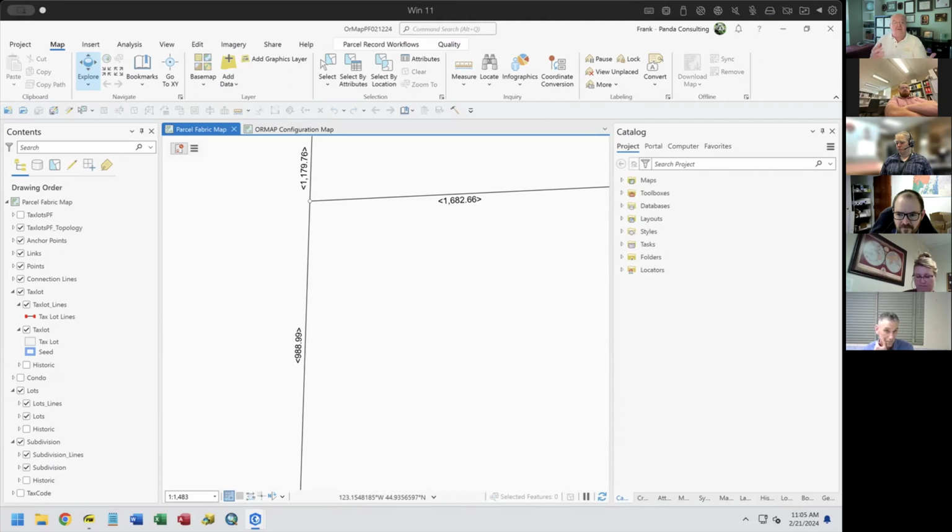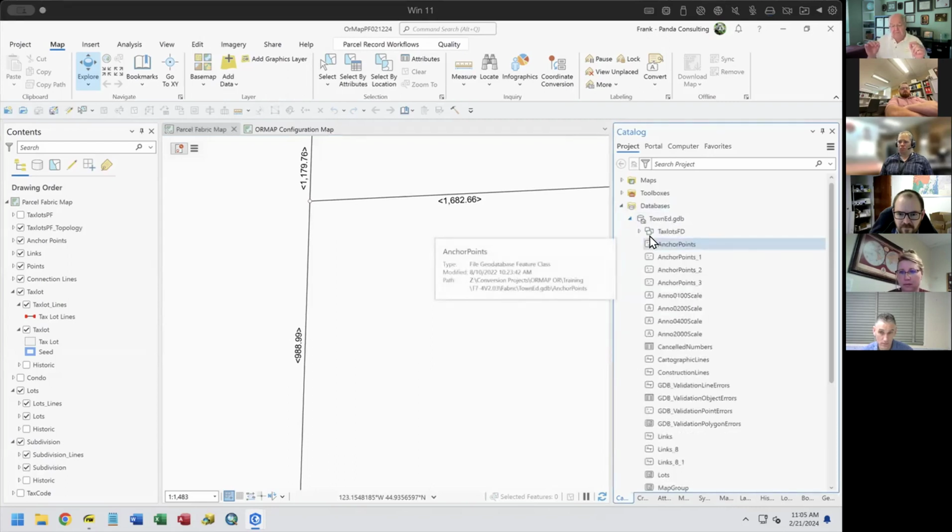I use topology for what it is, but right now inside the parcel fabric, the topology really does nothing more than ensure that your parcel contains a polygon, lines, and points. That's all it does. It doesn't look at spatial relationships between other parcels. It doesn't look at relationships between layers,